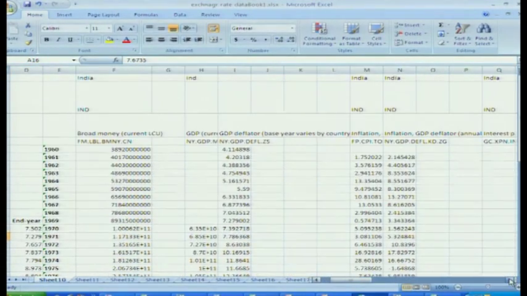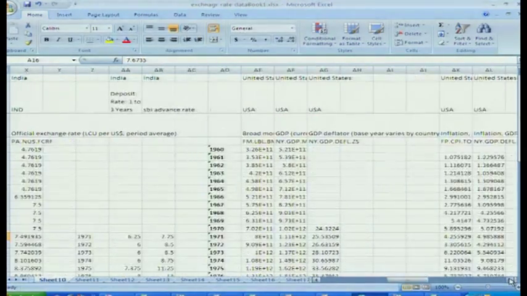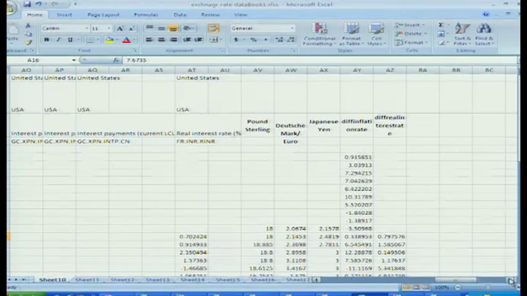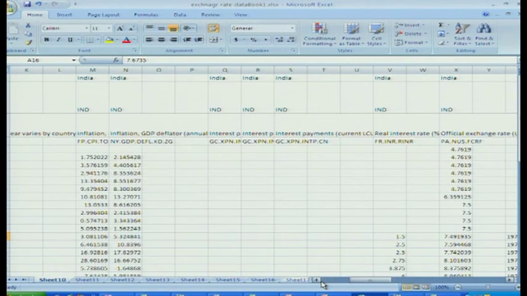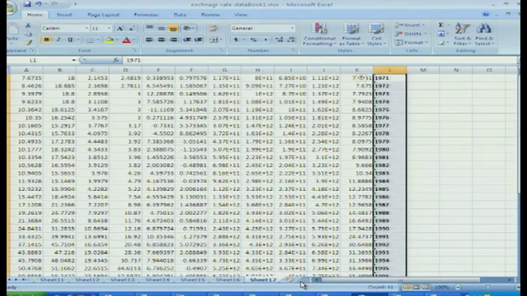The data on the other right hand side factors, which is the pound sterling, Deutschmark, euro, Japanese yen exchange rate, differential inflation rate, differential real interest rates, the money supply, the GDPs, they are all from the World Bank World Development Indicators. So finally, the sheet that I would use is this, wherein